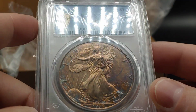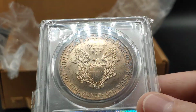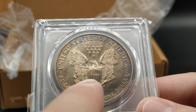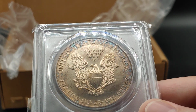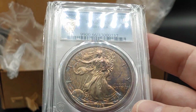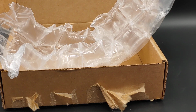It's just really cool toning versus kind of boring. But these things are cool. I took pictures from the True View, and this turquoise up here was not there originally in the True View, and it's just growing. So I'm kind of understanding why the toned coins go for so much. So again,